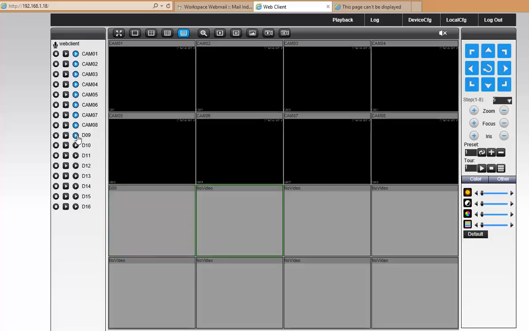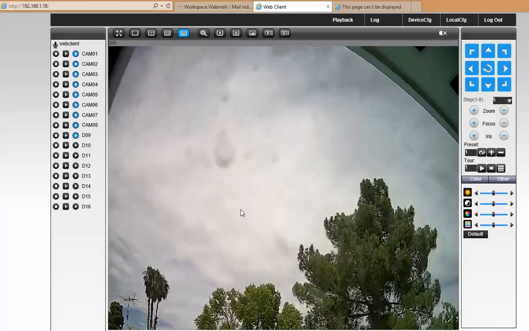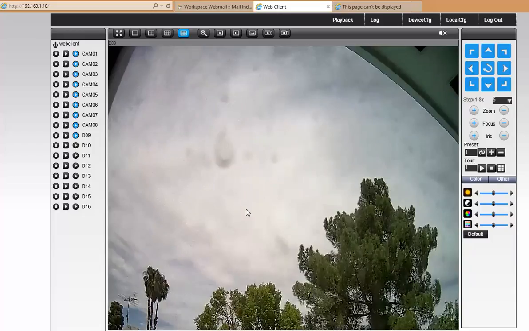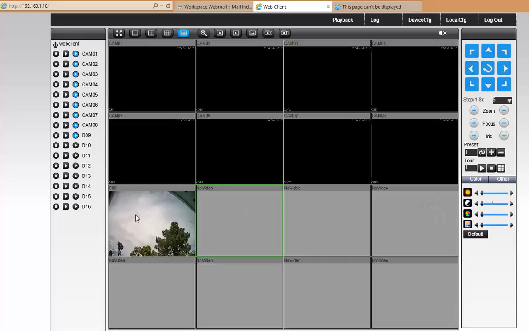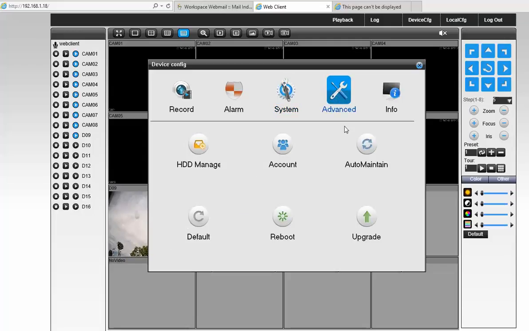So there it is. There's the channel we created with the IP camera, the basic generic IP camera that we just did a search for. And luckily, this HVR, the IP camera was of the quality that it was broadcasting the ONVIF port. Now, let's go back, and if your IP camera is some way off brand and it's not broadcasting that port,